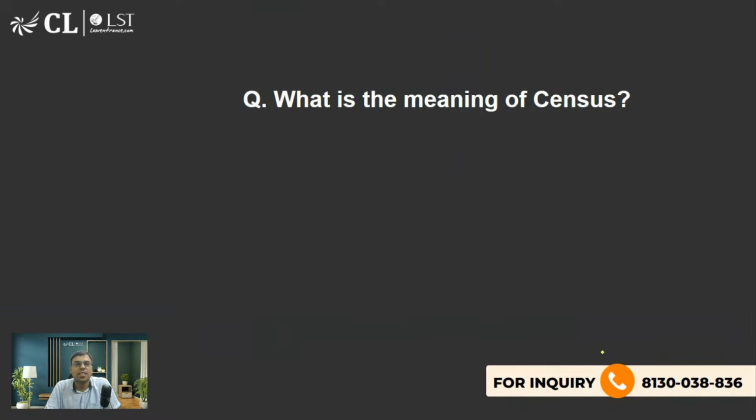Fine. So let us begin with the first question that comes to our mind: what is the census? What is the meaning of census? क्या होता है ये? हिंदी में शायद जनगणना कहते हैं ना. So what is this? Can anyone define it for me? First, we will understand census. Then we'll understand the history of census, and then we'll talk about caste census and then delimitation. Right?